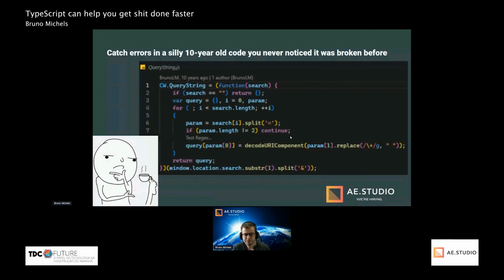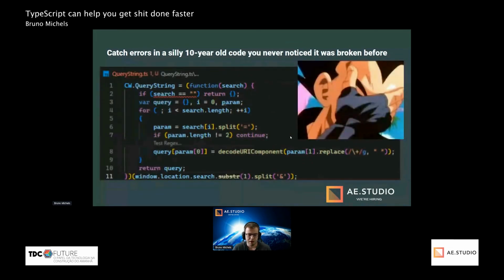And then in this code that I wrote, there's an error. There's something that's never going to work, and I never saw that before when I made this presentation, because I tried to find some examples to convert my codes from JavaScript to TypeScript. And when I tried to do this one, I saw this and I didn't notice this before.